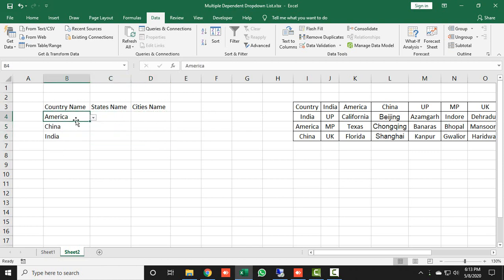If I use city's name, country name as America, then the state name would be on the basis of America. Let's say here you can see, and it is coming from here. Let's say I'm taking California state's name, so that here all the California cities' names will be available, which is mentioned over here. Also you can do it for another one. Let's say I'm taking Shanghai as state name and the city names would be these. All right, so this is how you can create multiple dependent drop down lists in Excel 2019 and also in another version. This is so easy.